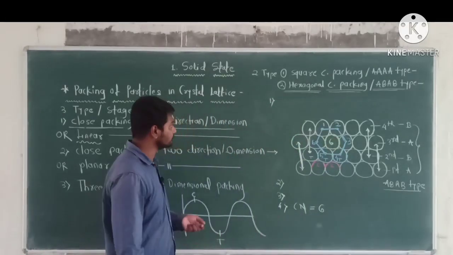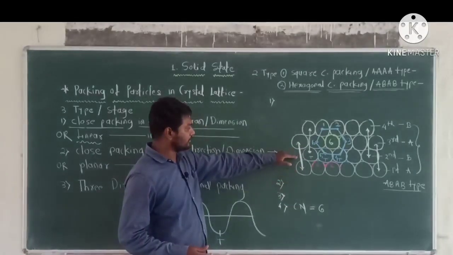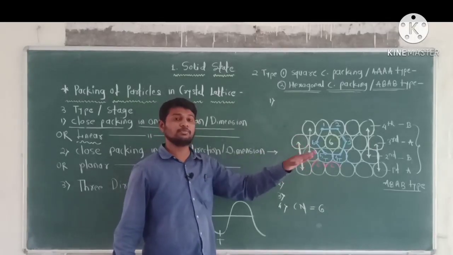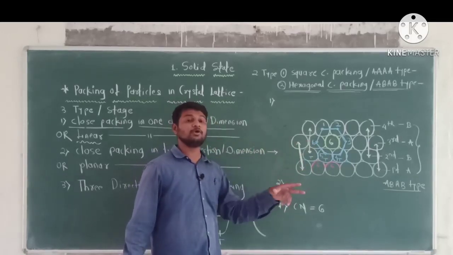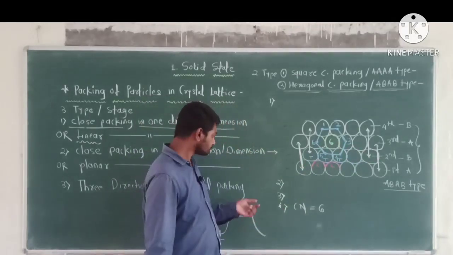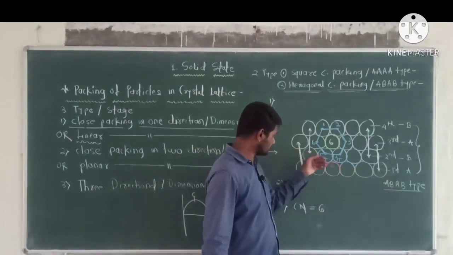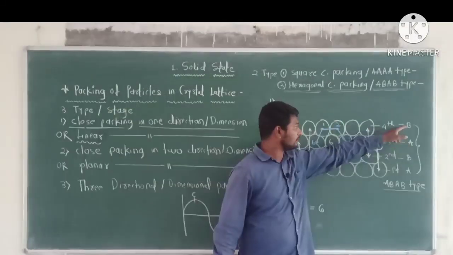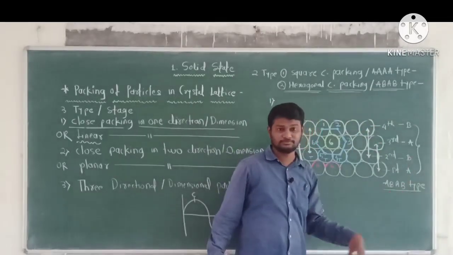Okay. Now, first point is this type of packing is made when the row of constituent particles are placed over the other in such a way that the crest of one constituent particle of one row is placed between the tops of two constituent particles of another row. Okay. Second, in this packing, the first row is called A type, second row is called B type, third row is called A type and fourth row is called B type. Therefore, this type of packing is commonly called AB type.